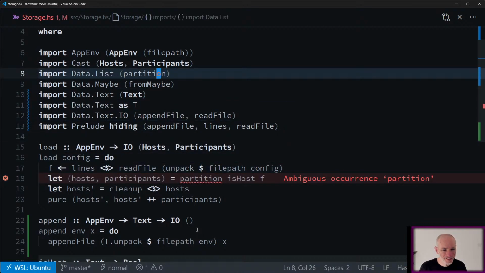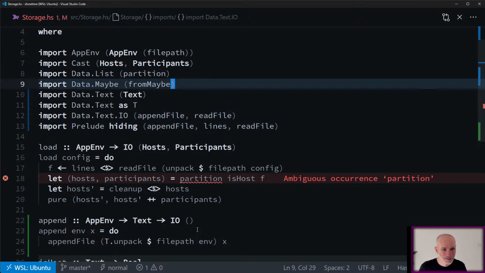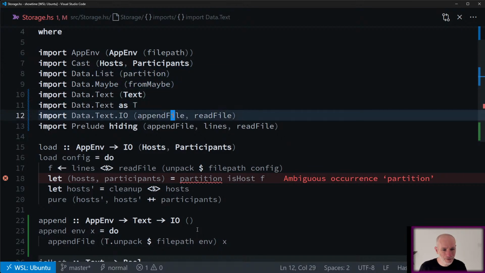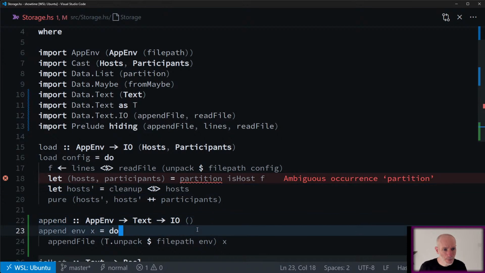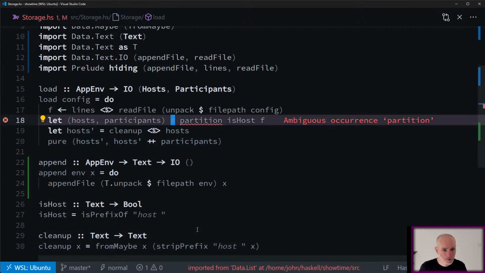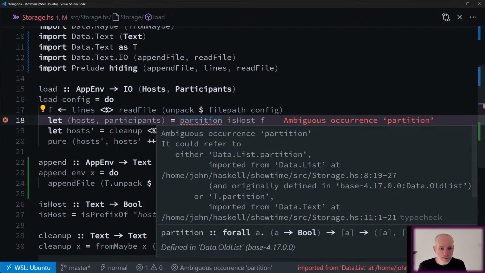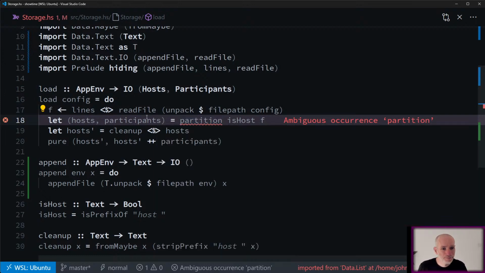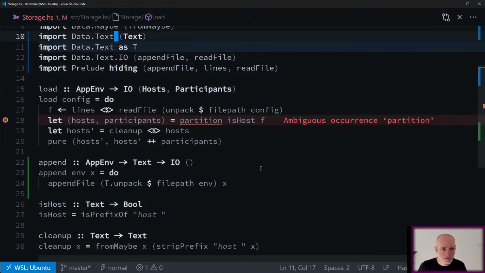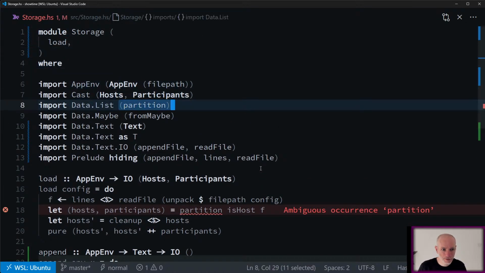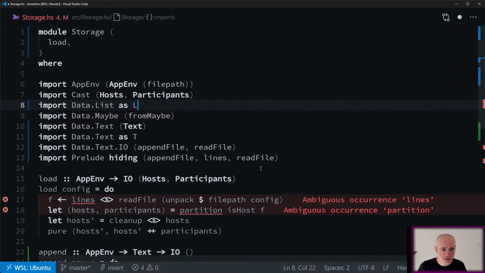Clearly from here. I'm confused as to where it thinks it's coming from. The list or t partition, but it doesn't say t. Do this nicely then, and we'll put this as L. Wow. Maybe I do need to say qualified.